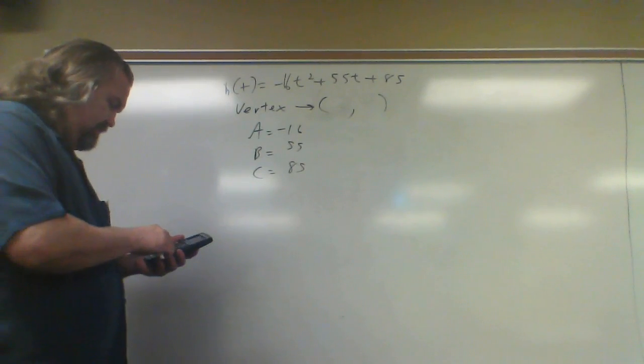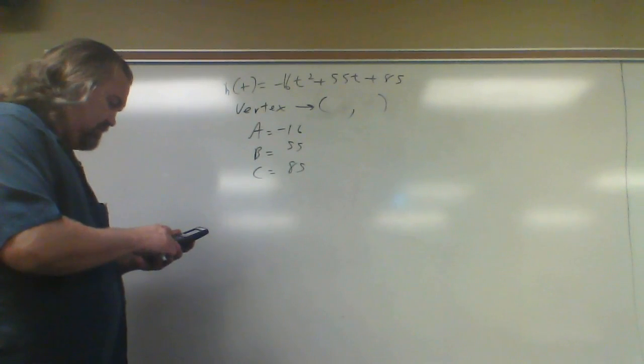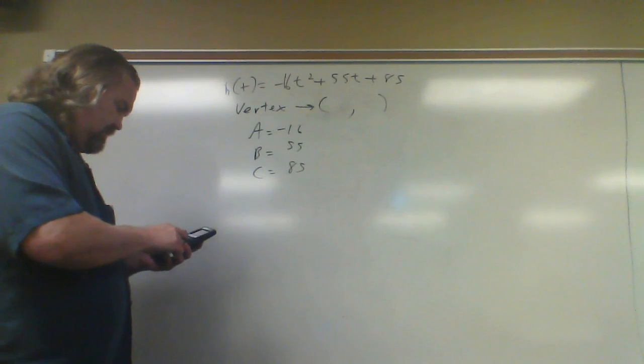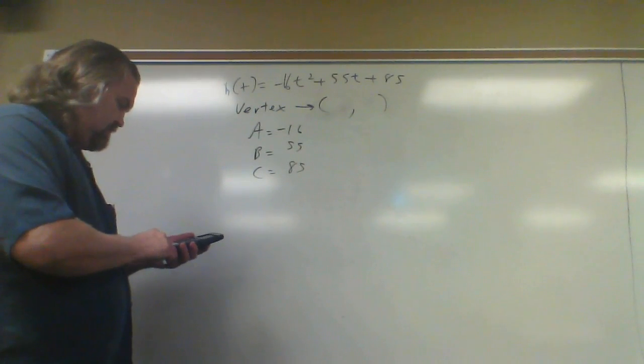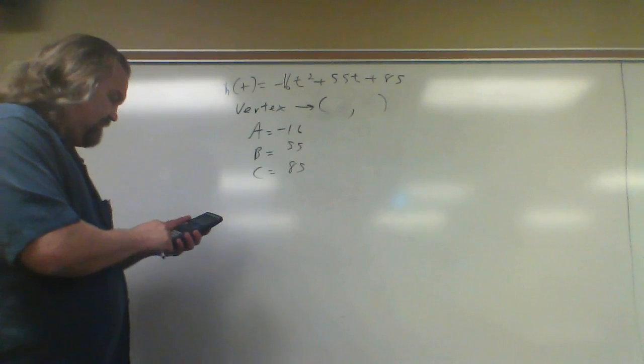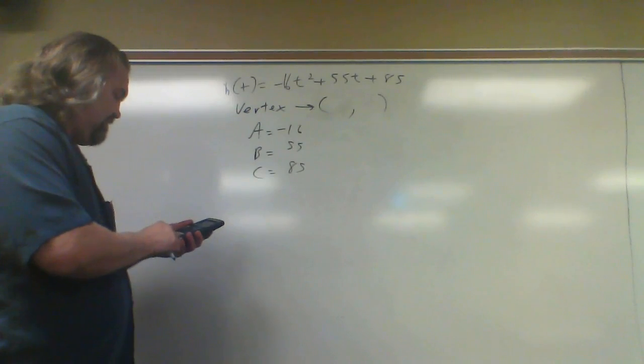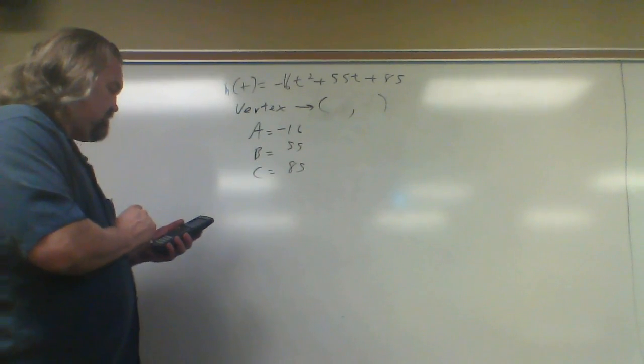And you should get some funky fractions. Program, vertex, enter A, negative 16, the gray key, B, 55, and C, 85. And you should get 55 over 32,